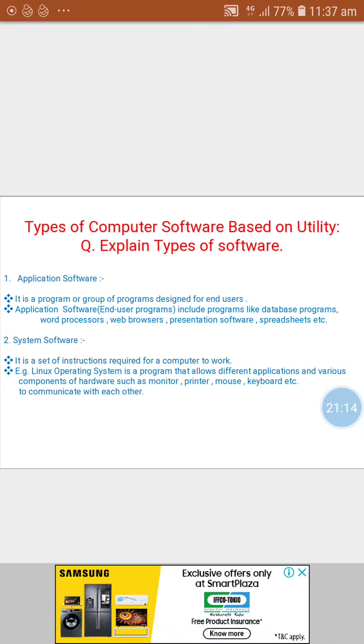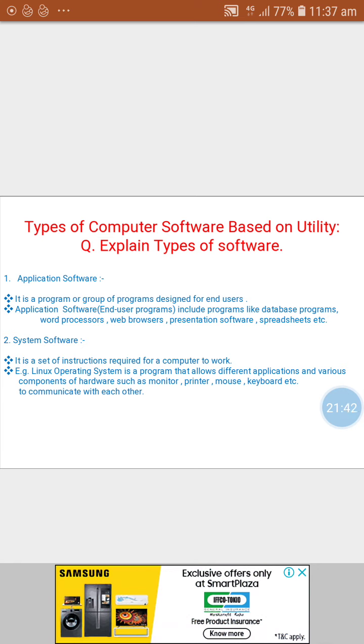Application software, or end user programs, includes programs like database programs, word processors, web browsers, presentation software, spreadsheets, etc. Application software contains Word, Excel, PowerPoint, Paint, Notepad, and the same like this Zoom.